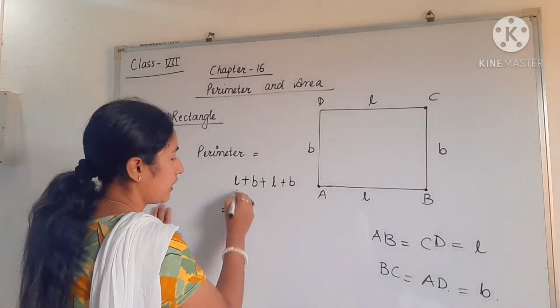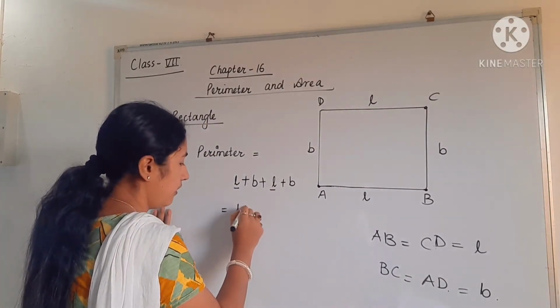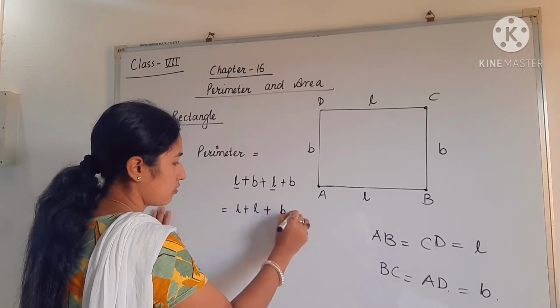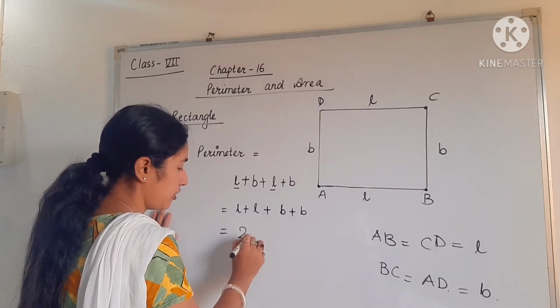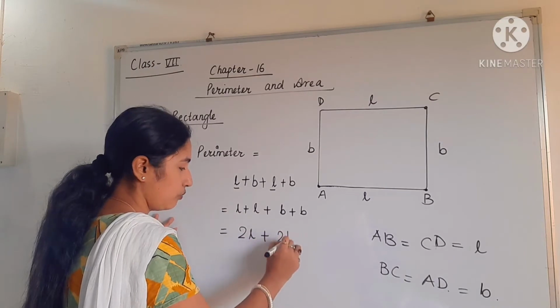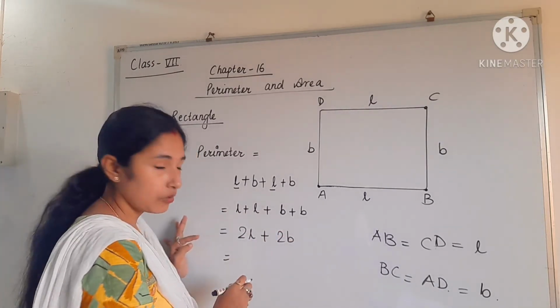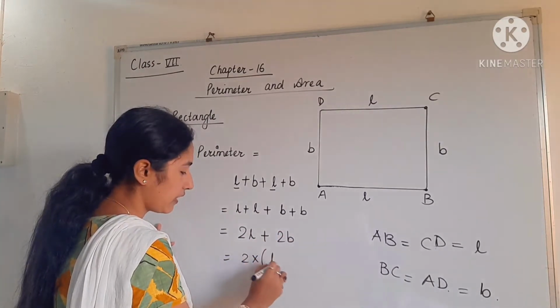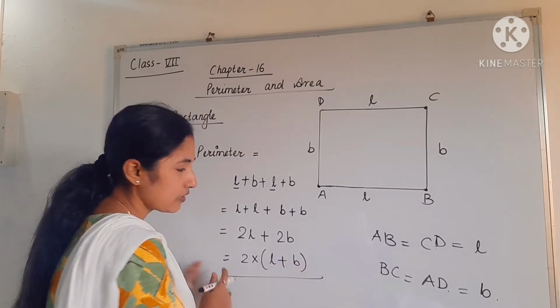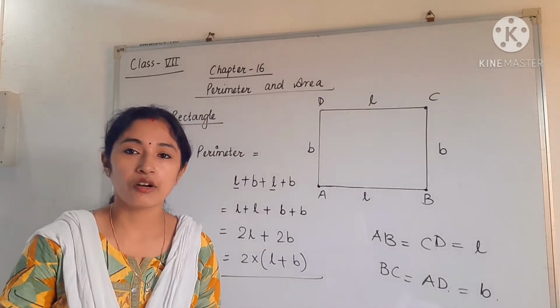So now see, you can collect the like terms. So like term is L. So L plus L, and this one will be B plus B. So L plus L will be 2L and B plus B will be 2B. So here we can apply the distributive property. Using distributive property, we can write it as 2 into L plus B, which is called the perimeter of the